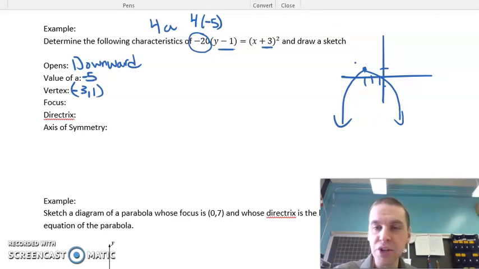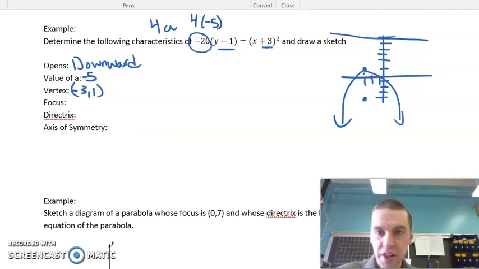Therefore, I know that the distance between the focus and the vertex and the directrix is 5. So I'm going to go 1, 2, 3, 4, 5. I'm going to draw my line. And I'm going to go 1, 2, 3, 4, 5 and draw my focus. This value here is 5 and this value here is 5. So my focus is going to be